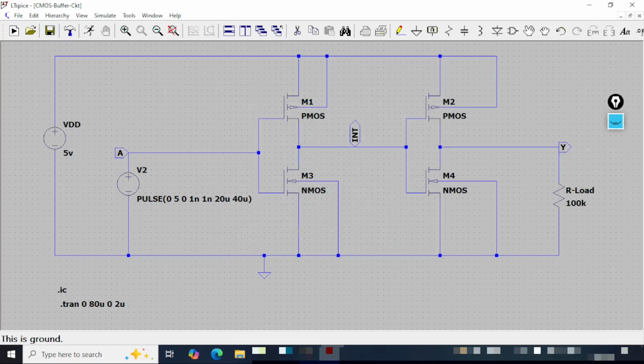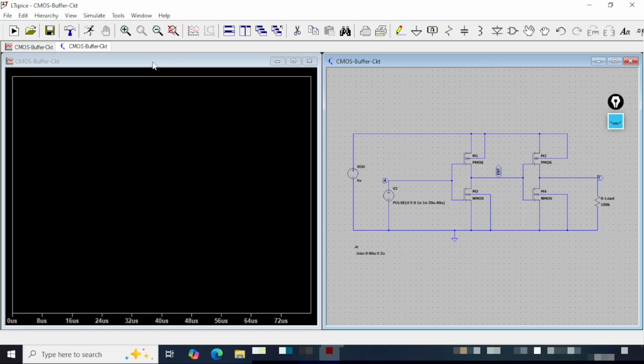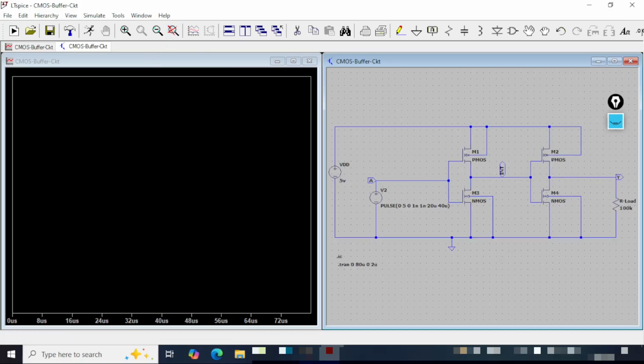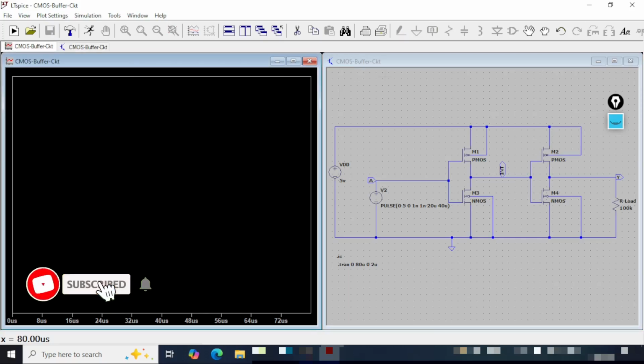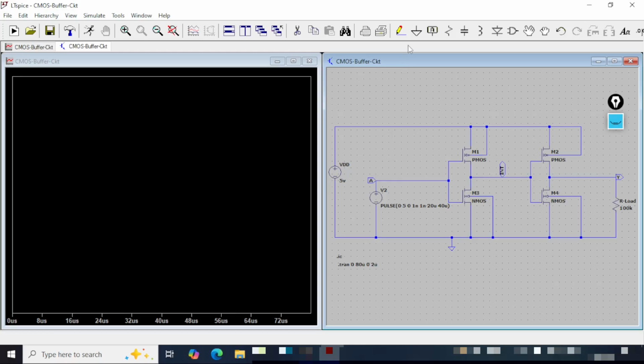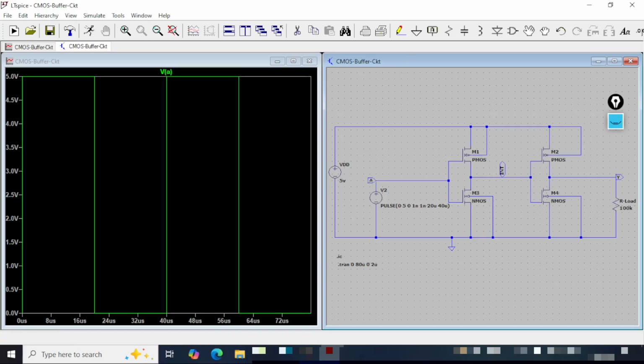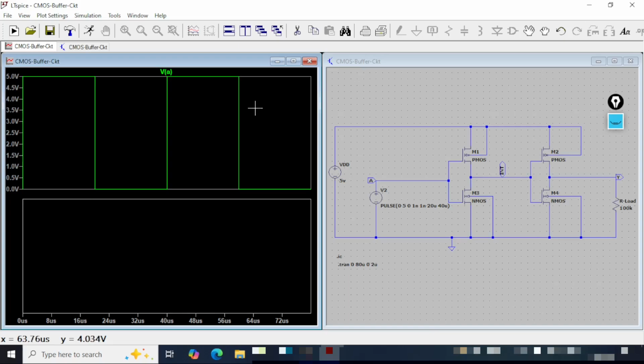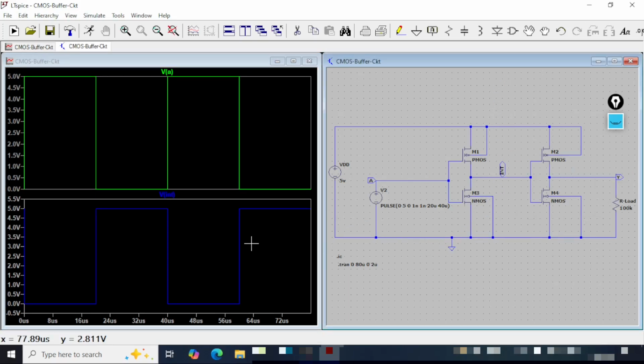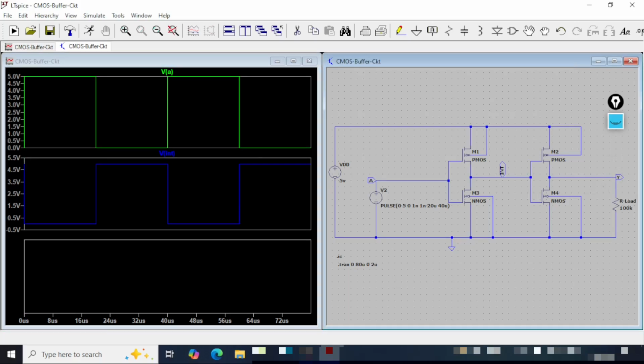Now we are all done with the construction and giving the values to all the placeholders. Now I will click the run button to run the simulation. Here I'll click zoom to fit so that the circuit becomes much more visible. Now at the left hand side we have the window, and from here I'll take my probe to the input A, and this is A. Then I hit B from the keyboard, and then I click here, and then again from keyboard I hit B, and then again I go to here with my probe and click on the output pin